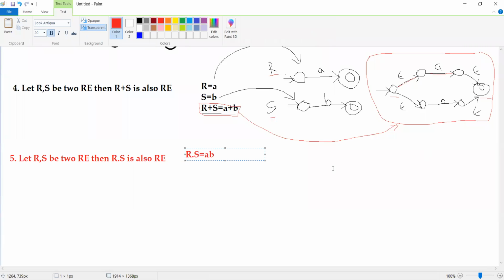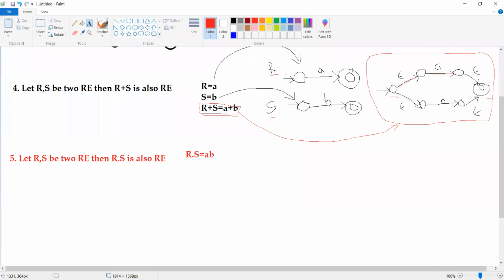Now how do you construct this? We already have small a and small b. In such cases, first we need to write the finite automata which is going to recognize small a.